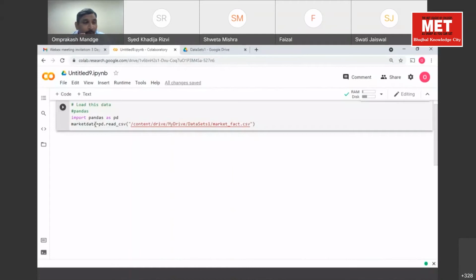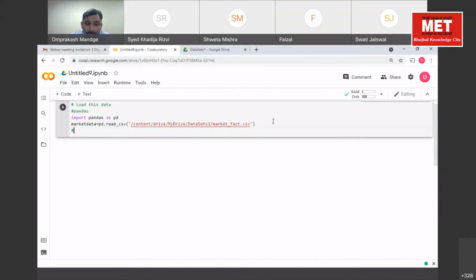Now, can anyone tell me what is market data? A variable. Or, just now I said, what is the unit? Data frame. Yes. So market data is your data frame. So let's run. We are ready to run our first code for the day. Is it making sense? Run, and if you are not getting any output, it means it's working. So this is our first execution.